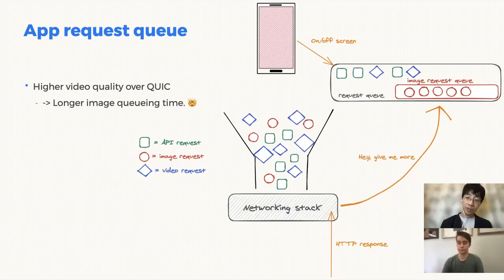It turns out that in the application there is a rather complex request queue that has a separate portion for the image. And as QUIC made the video download slightly faster, the video player started to fetch video of higher resolution. So the video response starts to take a larger chunk of the request queue, because the request queue also has a response byte limit. And as a result, some images have to wait inside the image queue slightly longer. We solved this problem by tuning the response byte limit in this request queue.